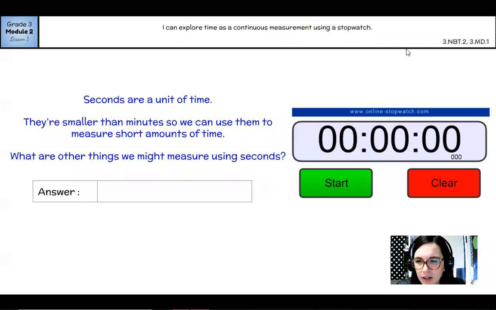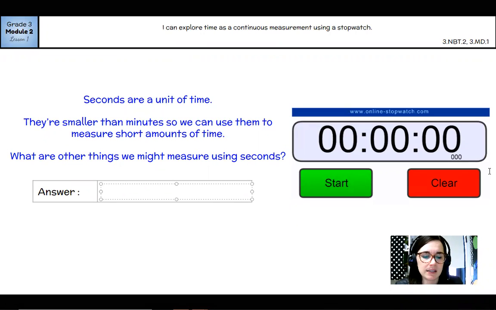Okay, so seconds are a unit of time. They're smaller than minutes, so we can use them to measure short amounts of time. What are other things we might measure using seconds? So I want you to think right now in your brain, like what are some things that you might measure